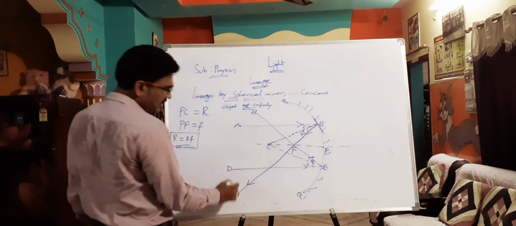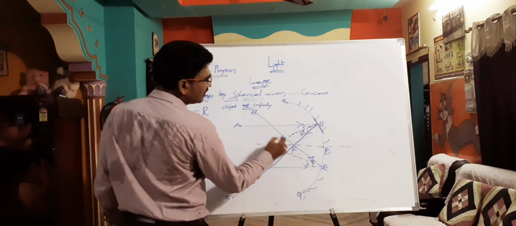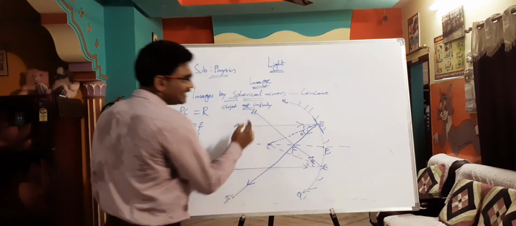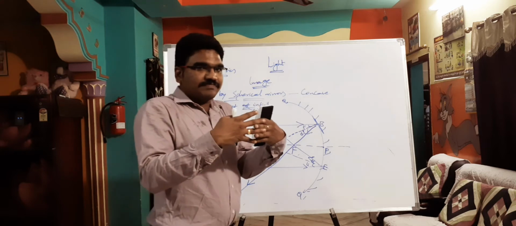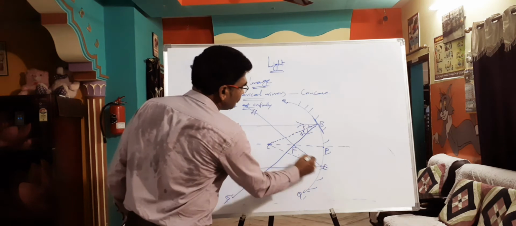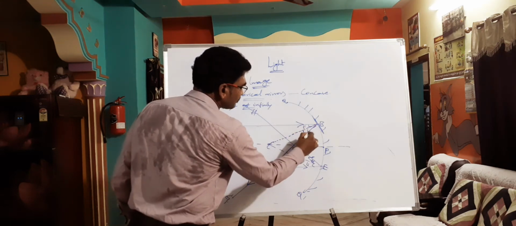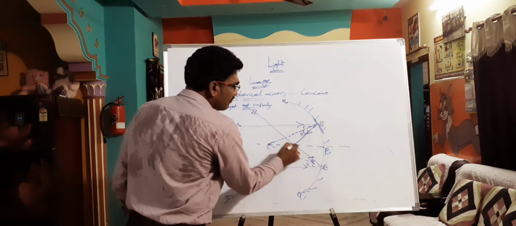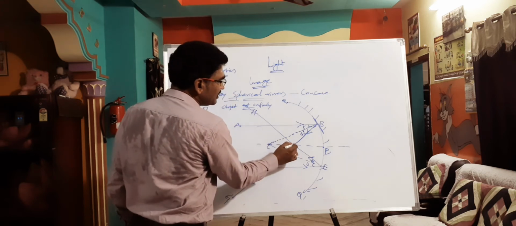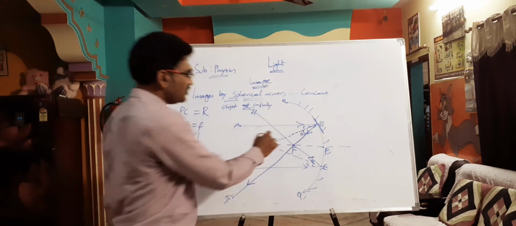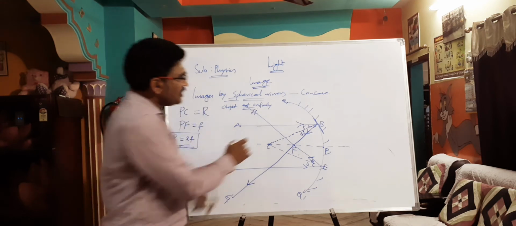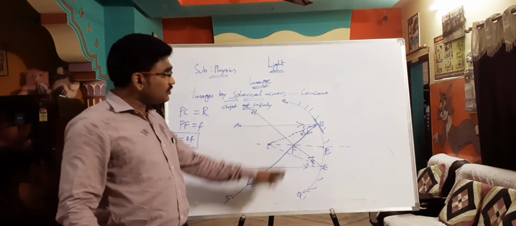Now BG is one reflected ray and this is another reflected ray, that is EH. Now these reflected rays BG and EH really meet. So they are converging at a point. They are really meeting, so where they have met at this point, as they really met, we can say this is the image point. The image of this object which is at infinity is formed here. Where is it formed? It is formed at the principal focus.